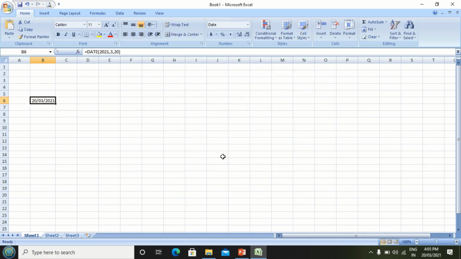As you click on the OK button, students, you can see in the selected cell the today's date is appeared. This is how you can use the function library of Excel, and you can invoke it by clicking on this Insert Function button.